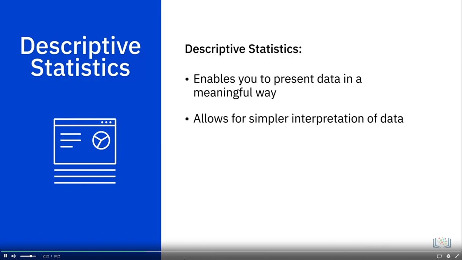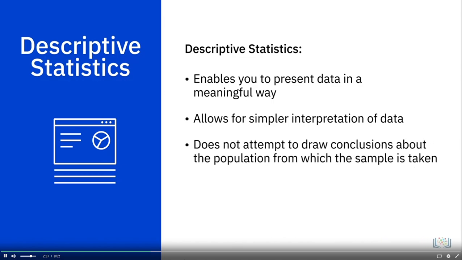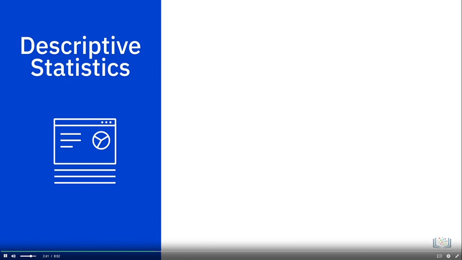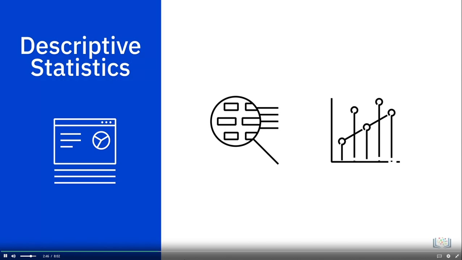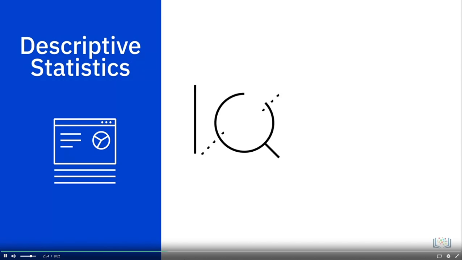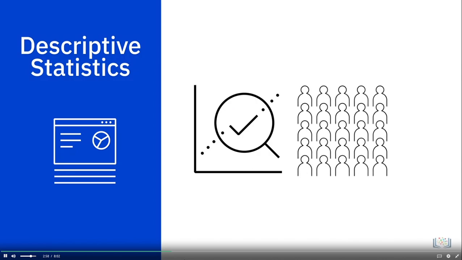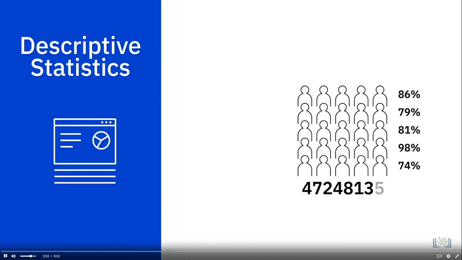Data is described using summary charts, tables, and graphs, without any attempts to draw conclusions about the population from which the sample is taken. The objective is to make it easier to understand and visualize raw data without making conclusions regarding any hypotheses that were made. For example, we want to describe the English test scores in a specific class of 25 students. We record the test scores of all students, calculate the summary statistics, and produce a graph.